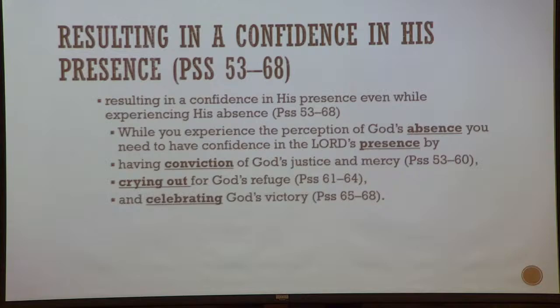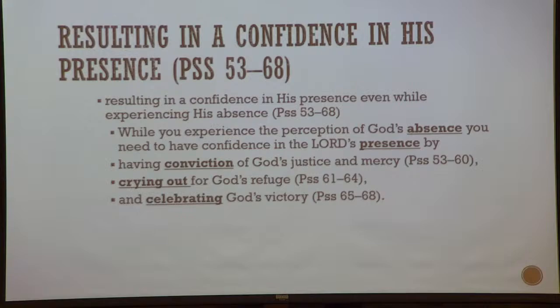65 through 68, which then we see celebrating God's victory. Right, to you, verse 1 of 65, to you there will be silence and praise in Zion, O God, and to you the vow will be paid. O you who hear prayer, to you all flesh comes. Right, but this opening, the praise will take place. By fearsome deeds you answer us in righteousness, because he has taken action, because he's visited the earth. There's requirement to praise him. 13, the meadows are clothed with flocks, the valleys are covered with grain, and they make a loud shout, indeed